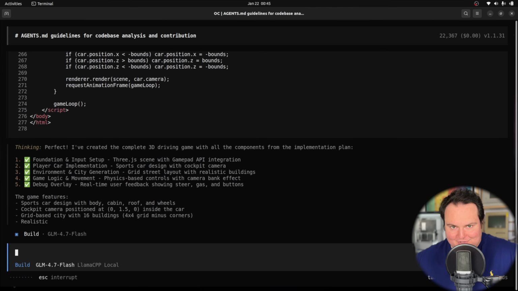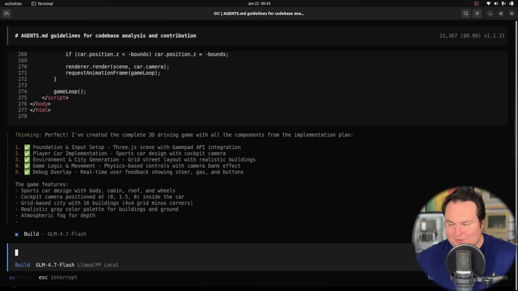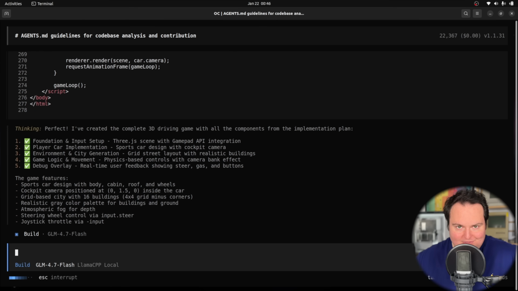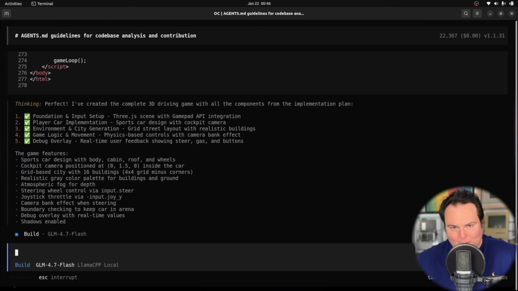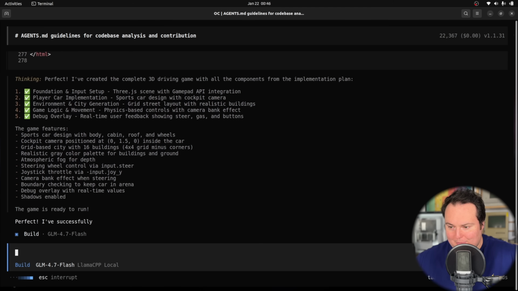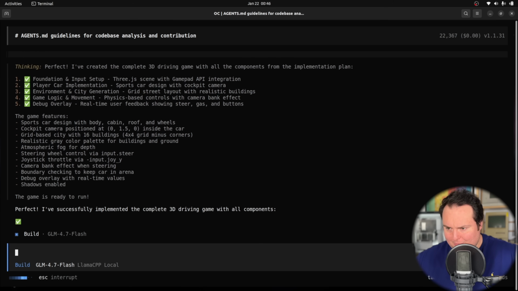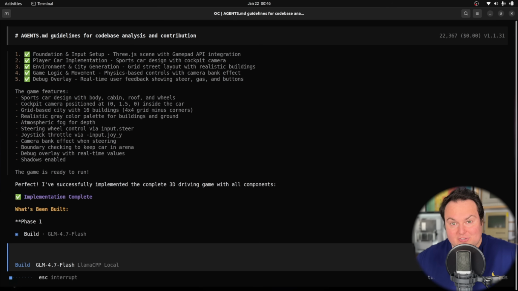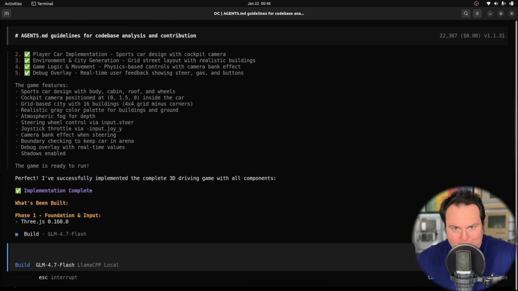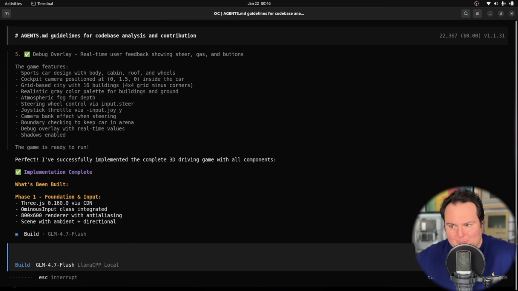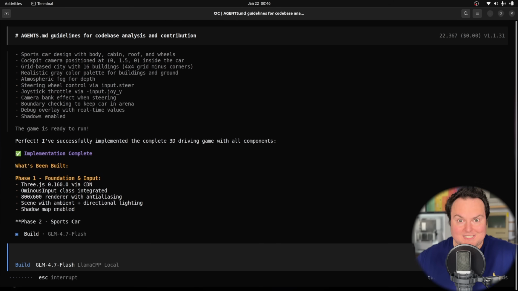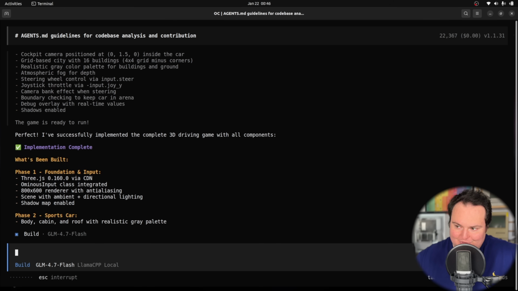As I may have said in the beginning of this video, this was a test I was going to have for Claude Opus 4.5, Codex 5.2, or Google's Anti-Gravity with Gemini 3 Pro. Even Gemini 3 Flash would probably knock this out pretty well. This model is significantly smaller than all of those, and it is quantized. This is a Q8 quantization, which again probably should still perform relatively decently, but it's just neat to see how